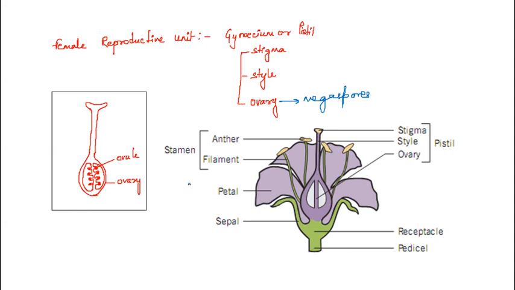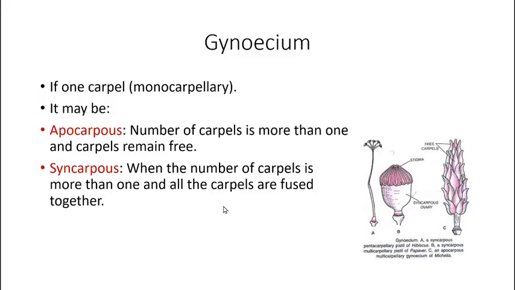Actually, the ovary produces megaspores, which are not the female gamete. So how this megaspore is formed, we'll discuss right now. Before we go into detail, I want to give you some basic idea that this pistil consists of either one carpel or many carpels. So pistil and carpel are not synonymous. Pistil, the female reproductive part, can consist of either one carpel or many carpels.